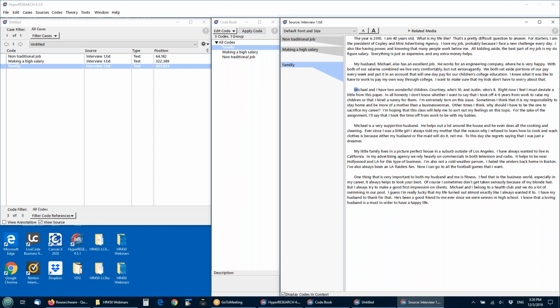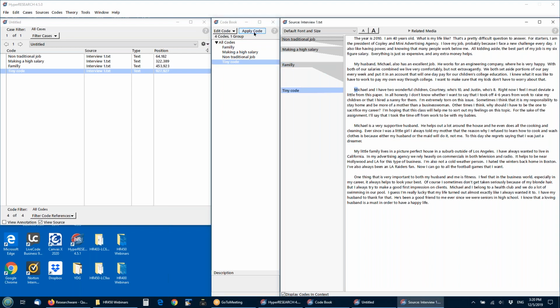That text can be a single character, and I can make a new code called tiny code, which is a single character,